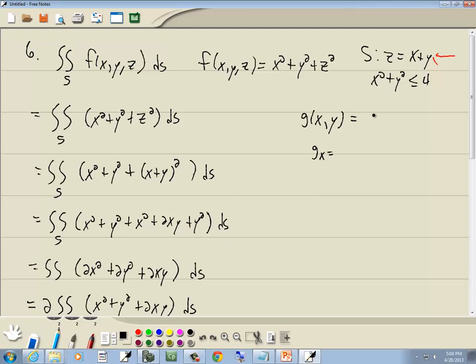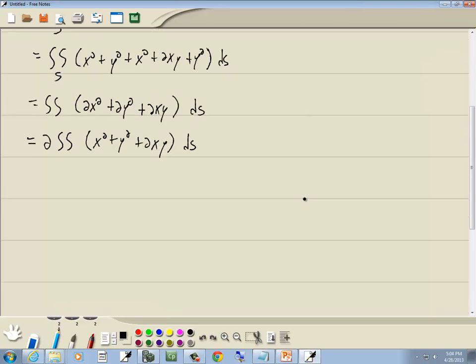Z is equal to x plus y. And again, the z is going to just disappear with our notation here because it doesn't exist in that. So partial with respect to x is 1, and partial with respect to y is 1. Okay, that makes more sense. Okay, so we need those for our formula. So let's come down here,